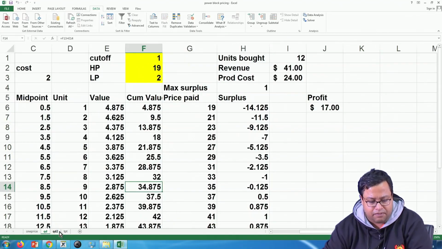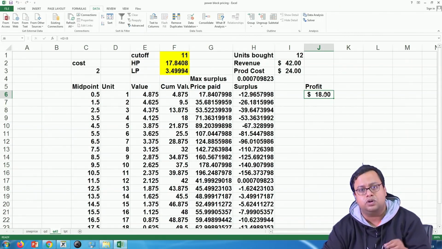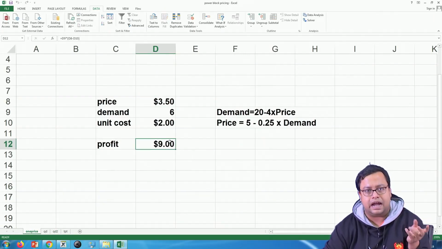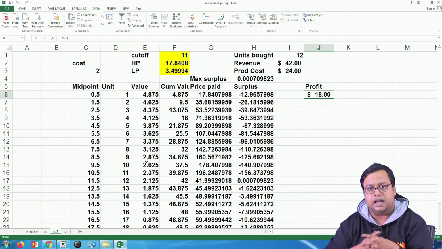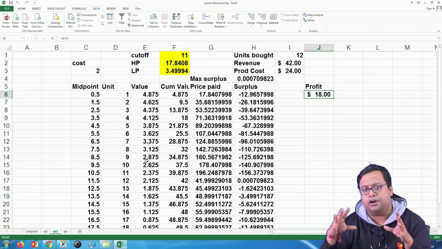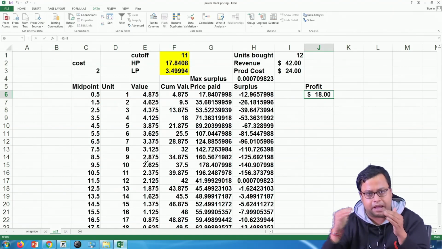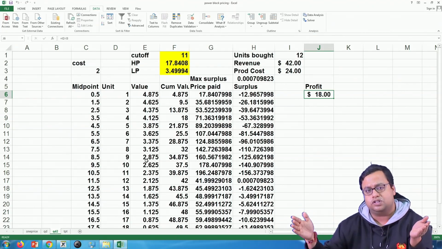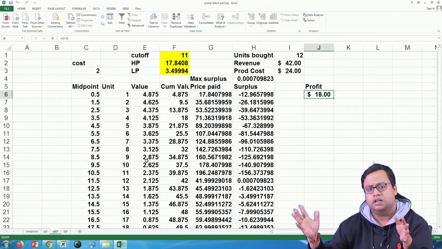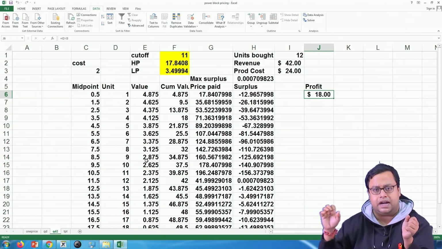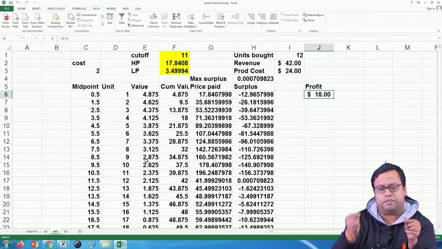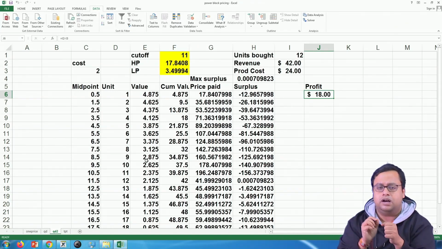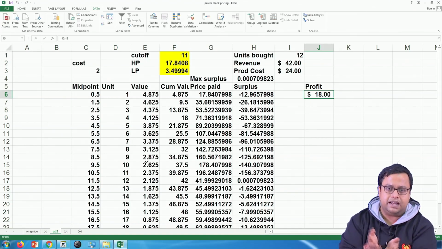What I wanted to show here is that the profit is $18, but the one price is basically $9, when I have only one price. So, irrespective of whether you go for part-wise pricing in terms of the unit price, or part-wise pricing for the whole units consumed, the total cumulative consumption, where you can have a higher price and a lower price, or for every extra additional unit, which was the first case in the last video, where for every extra unit you are charging lower, whatever you do, you are getting better profit.